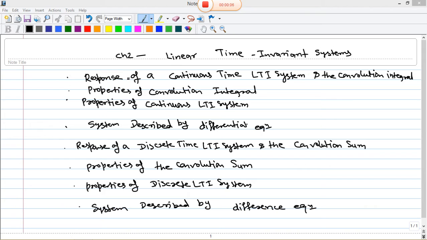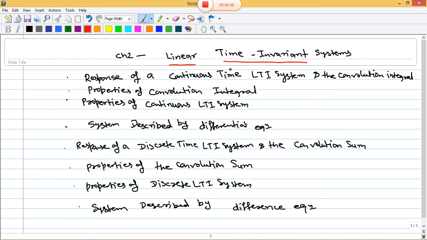Today we are going to discuss chapter 2, which is linear time invariant systems. By name it shows that linear and time invariant both should be there. So two most important attributes of systems are linearity and time invariance. In this chapter, we develop the fundamental input-output relation of the system, and it is described by convolution